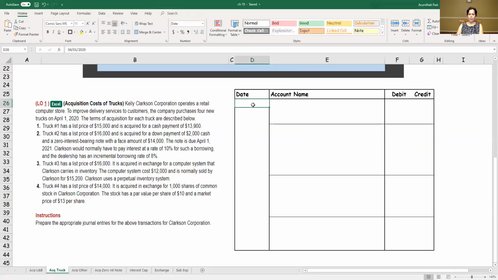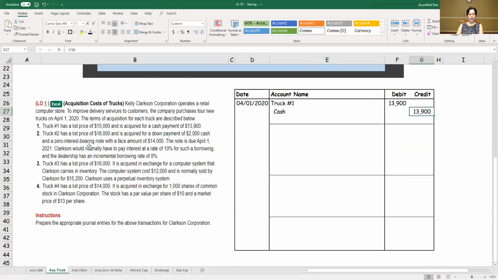So we start out in the journal with our date, and we debit our asset account. In this case, it is truck number 1. We debit it for the $13,900 that we paid. So in this transaction, it's fairly straightforward. Cash is going to be credited,